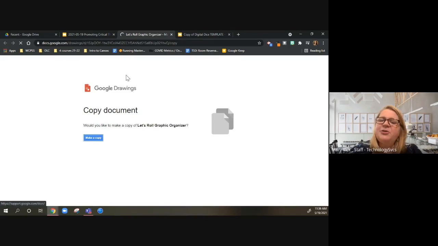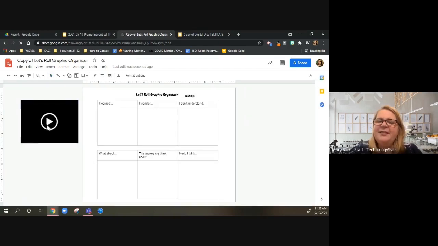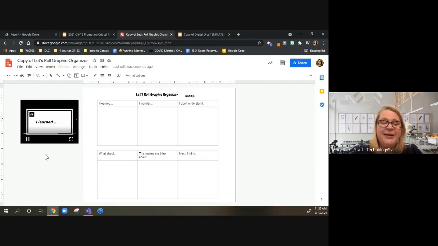And it puts it into Google Drawing. You'll notice on the left-hand side of the organizer that there is an embedded video, and that is quick and easy to do. Just make it in a Google Slide, and then you copy and paste it into your Google Drive. As of right now, it doesn't have the option to insert a video into a Google Drive, but you can easily move it over. So you've got a graphic organizer for students to be able to work collaboratively,